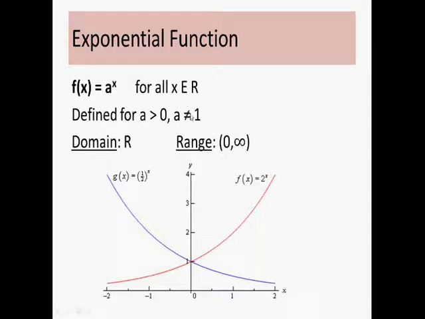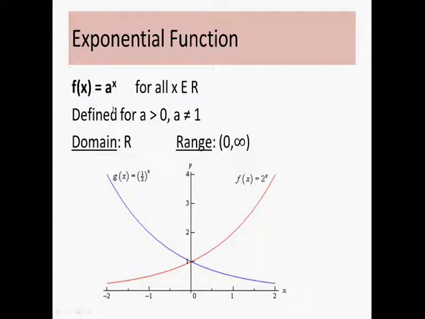First let's have a look why a can't be equal to 1. If you put a equal to 1 here, whatever be the value of x, this f of x would always be equal to 1. That is not what you want. You want to measure how this function varies with the value of x. But if the right hand side is 1, it's not varying with respect to x. So we have taken a to be everything except 1, so that we can measure how this function varies with x.